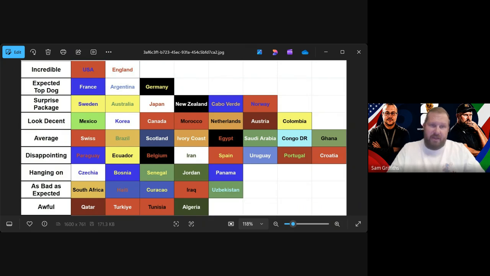Brazil I've put in here, even after their 3-0 win against Haiti today, they don't look that good. They look quite average to me. I mean, they're not top dog as we would have expected. I wouldn't say they look decent. They were okay against Morocco and they were okay against Haiti. So I don't rate Brazil as hot. I know we said we could probably see them in the final, and they may well do. They might be scrappy enough. They might have enough about them, of course. But right now, they look a bit average to me.